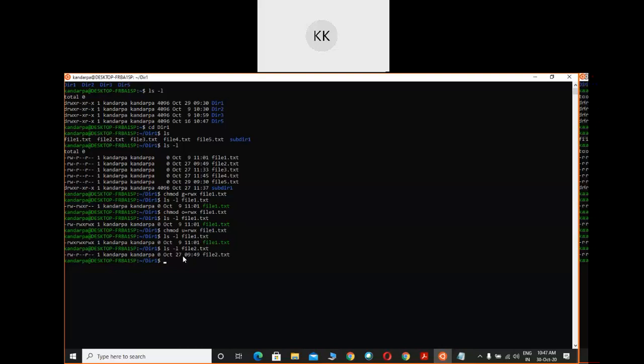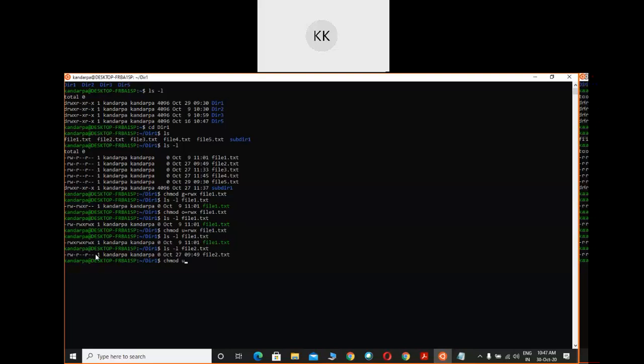Okay, now I want to assign the read, write and execute permission to the user, and the rest of the others will remain exactly the same. So what command are you going to use? chmod, change mode.